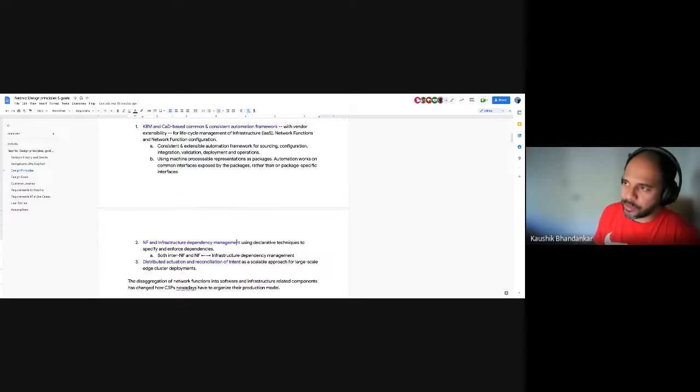Again, I would like to make sure we don't expand these principles to more than 3 to 5, because it becomes difficult for the human mind to remember those. I would like us all to be able to easily recollect these design principles. There will be subsequent design goals that will fall out from this with the what and how portions, and there's a separate section in this doc that talks about it as well. Next one. Who is it? Bala.